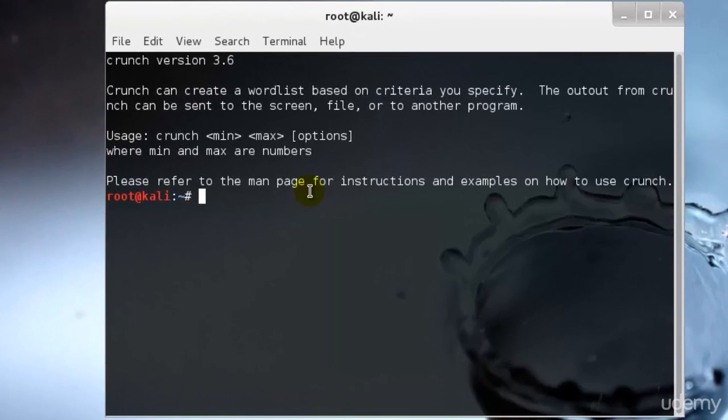The minimum is the minimum password length, maximum is the maximum password length, and the character set is the character set to be used in generating the passwords. -t is the pattern, that is the specified pattern of the generated passwords. So let's say, for example, you knew that your target's birthday was 0728, that's July 28, and you suspected that they used their birthday in their password, which people often do. So you could generate a password list that ended with 0728 by giving Crunch a pattern such as, for example,